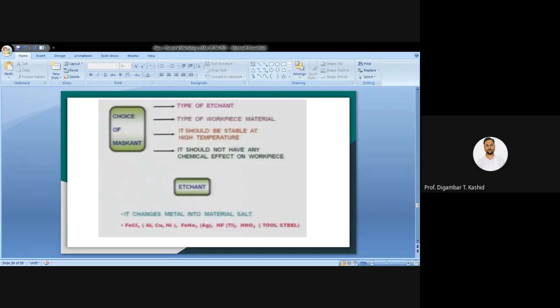It should be stable at high temperature. That mask coat should not have any chemical reaction or chemical effect on the workpiece. That care also we have to take. So depending on that, you have to choose the mask coat. Okay, again the etchant actually changes metal into metal salt.